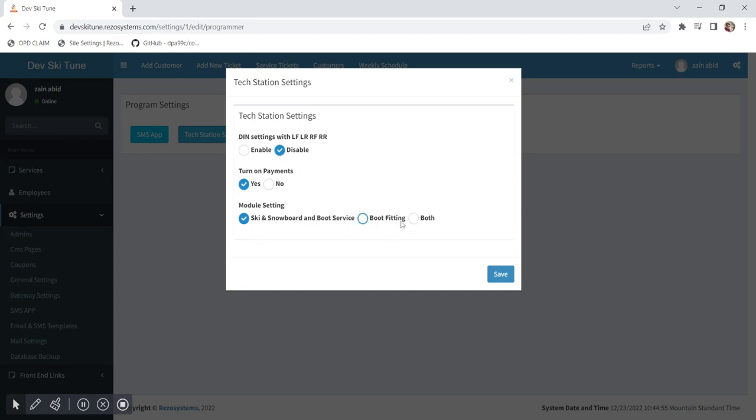If I click the boot fitting or both option, it will just show the options of the boot fitting. If I click on boot fitting, it will not turn off the ski and snowboard services options. Right now, it is only for showing the boot fitting. I will modify that later, but for now, it is like that. So, for example, if I click both and click save,